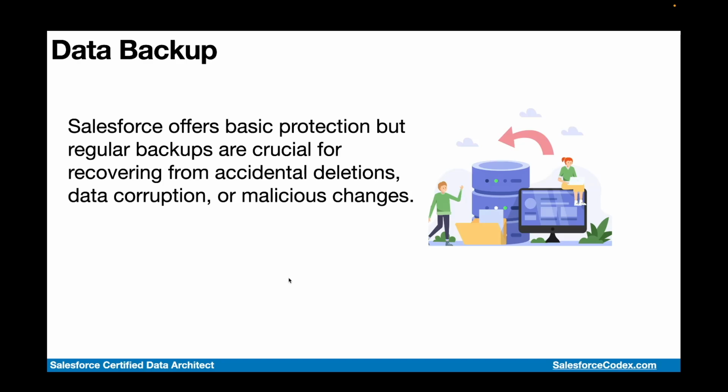Without a reliable backup strategy, the loss of even a small amount of critical data like customer contact details, sales opportunities, or financial records can disrupt operations, damage customer relationships, and result in financial loss. Salesforce offers basic protection, but regular backups are crucial for recovering from accidental deletions, data corruption, or any malicious